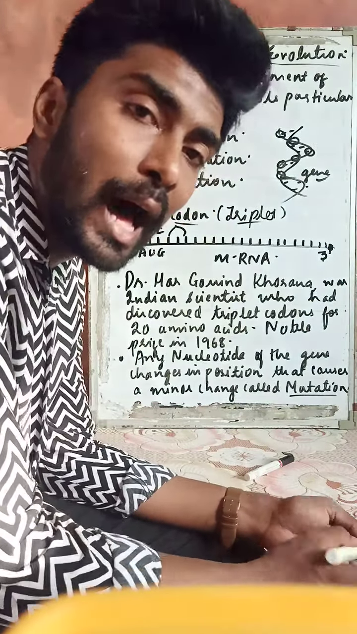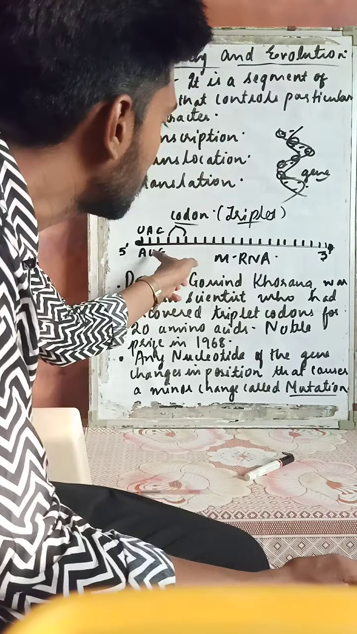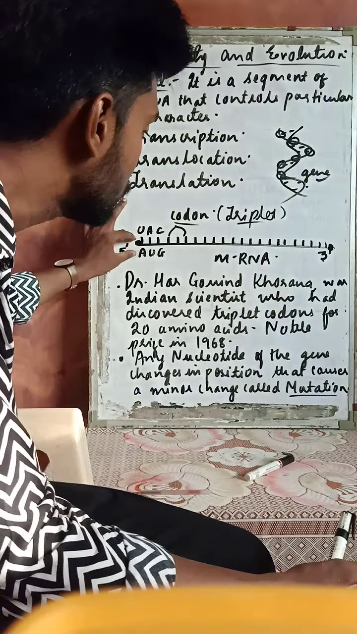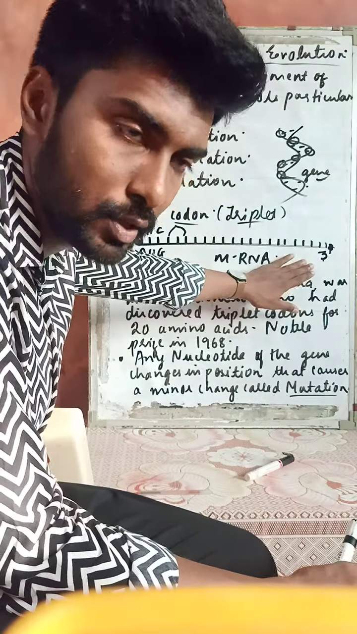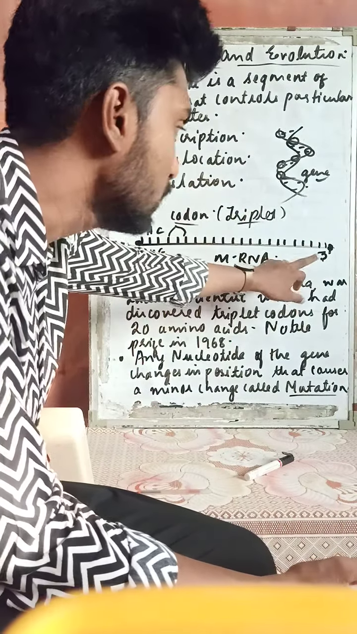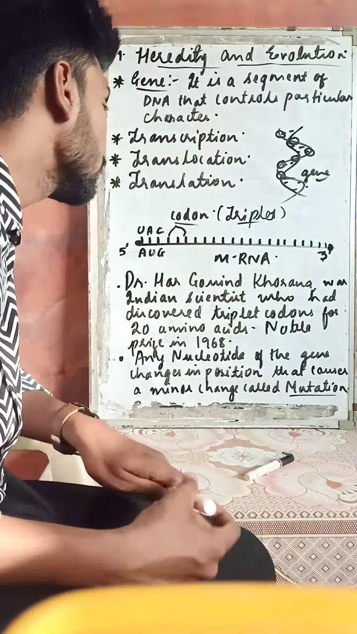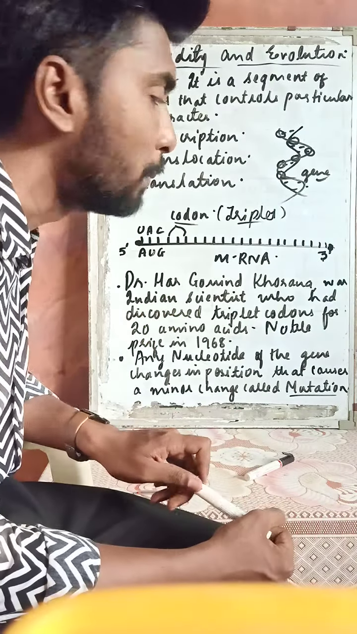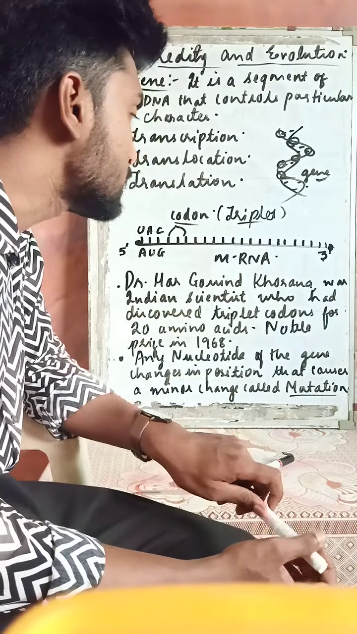We all know that RNA is a single stranded structure. This is your 5' end, this is your 3' end. Start codon at the 5' end, stop codon at the 3' end, right? Now, let's talk about the second, that is nothing but your